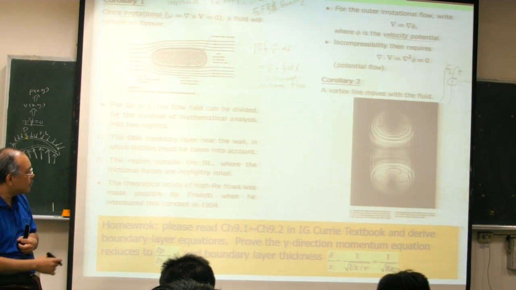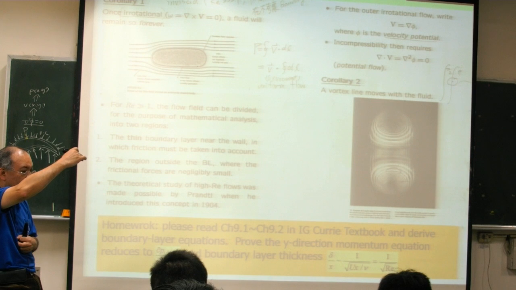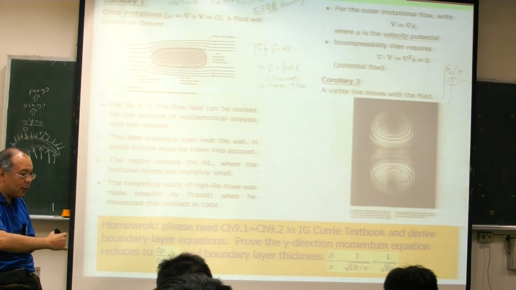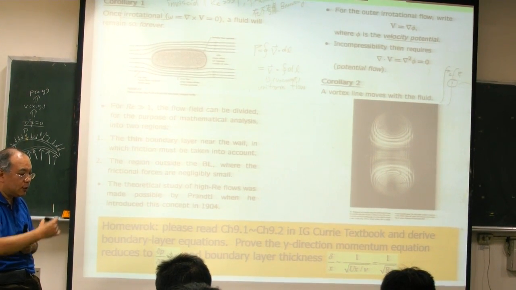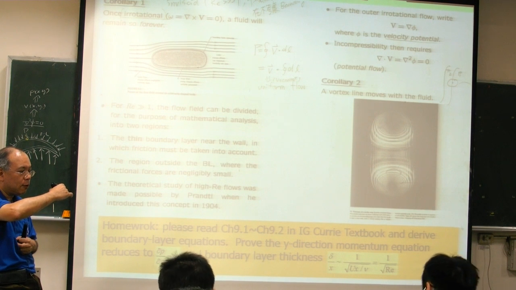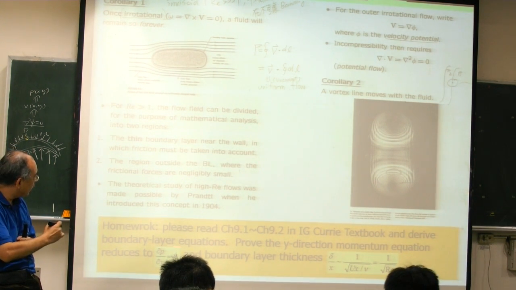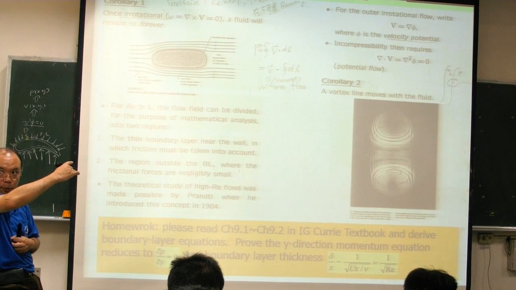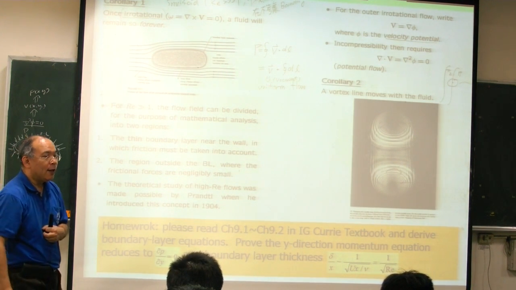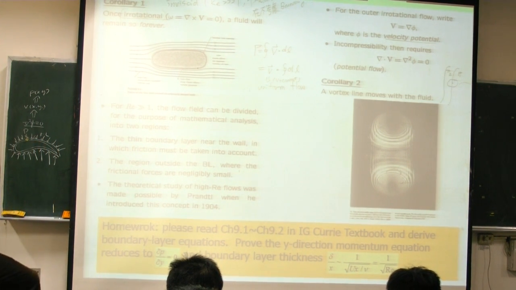The answer is we have the x momentum equation and the y momentum equation, and the energy equation. In the boundary layer equations we have the x momentum and y momentum equations, and if you check the y momentum equation, you will see